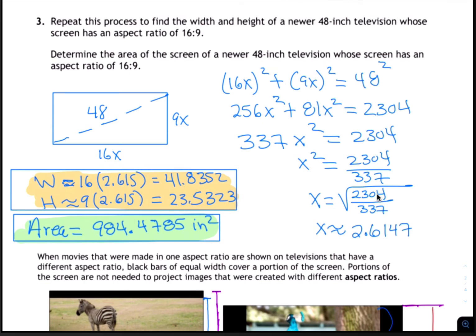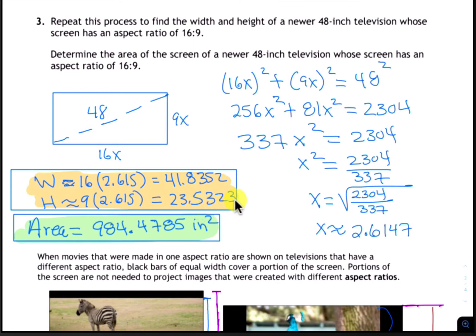We put that in our calculator, and we write the answer accurate to 4 decimals, and that would be 2.6147. Now, the width then would be 16 times 2.615, which I just rounded to 2.615 there. 16 times 2.615 gives us 41.8352. That's the width. And the height would be 9 times 2.615, which gives us